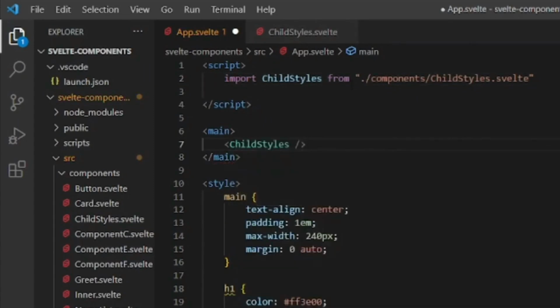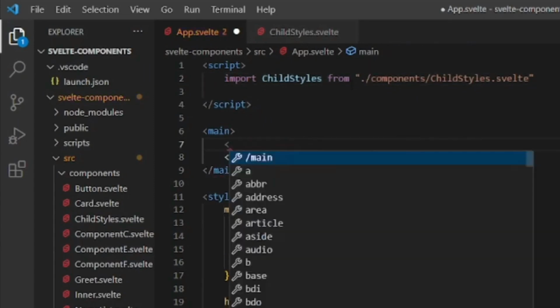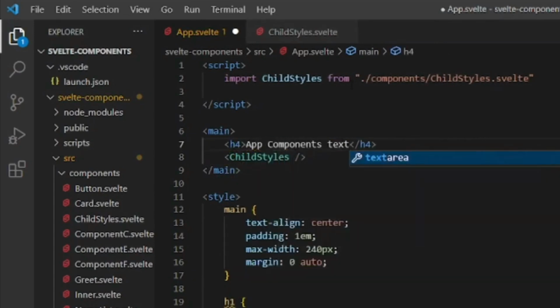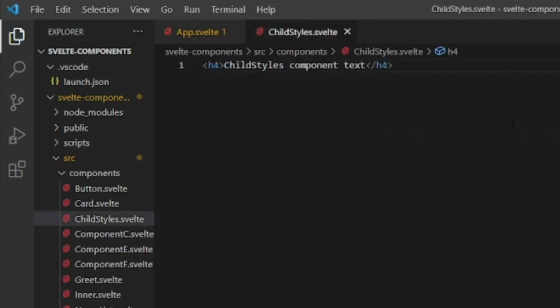Now above this component, I'm also going to add an h4 tag. The text is app component text. So we have an h4 tag in the app component, and the childstyles component. Our setup is done. Now let's begin with our first point, which is about scoped styles